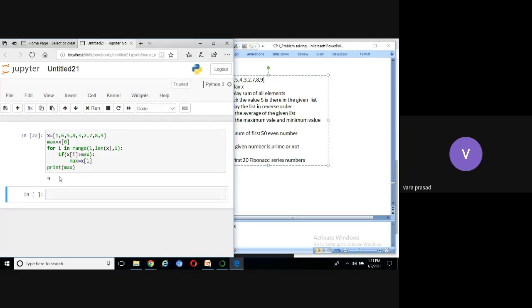Right? Okay. Now the question is, so if you understood the concept of how to find the maximum element, how to find the minimum element?